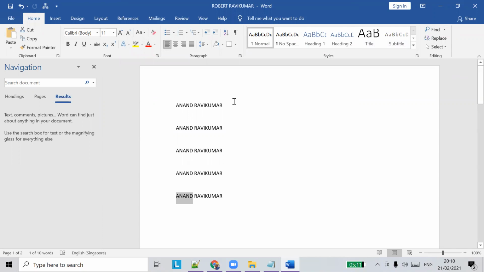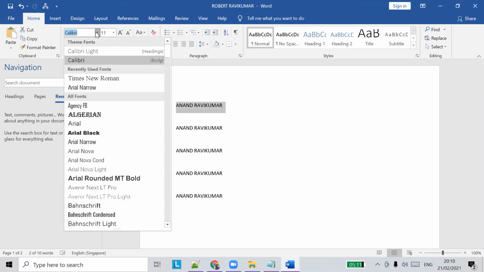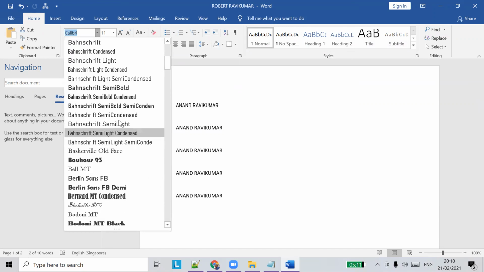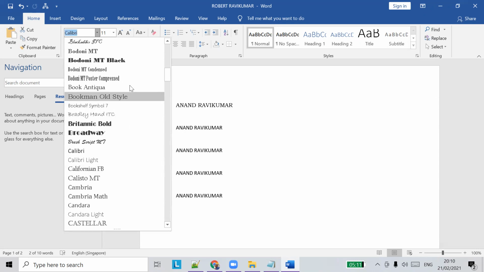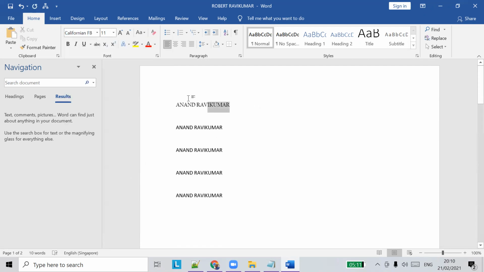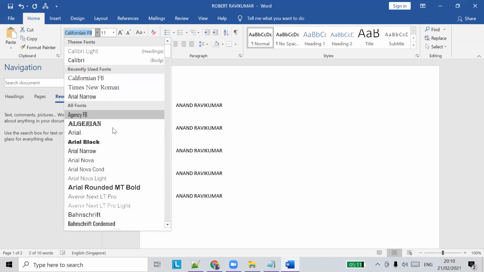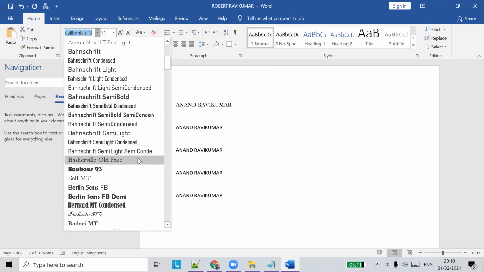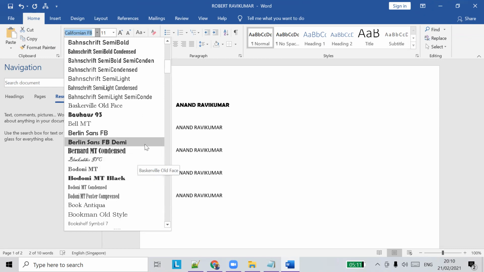So similarly, we have text font formats also here. So you can choose. You can see the fonts changing automatically, right? Because we have highlighted this, and then go to the font, and you can see the font preview there.